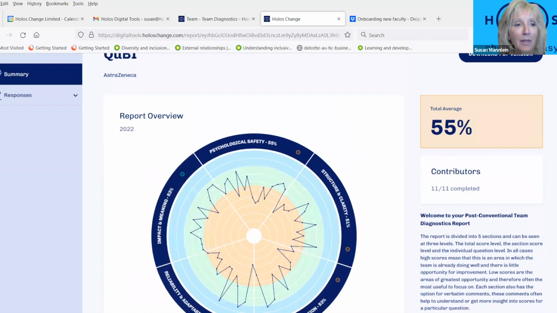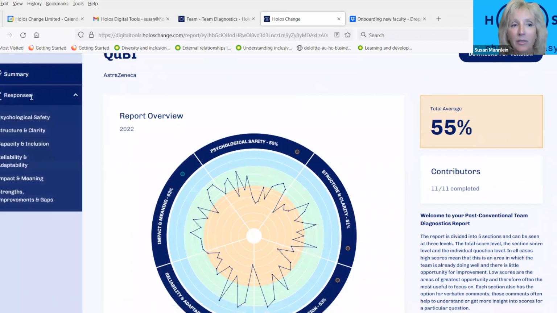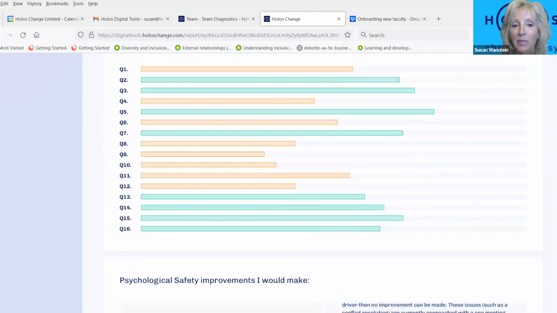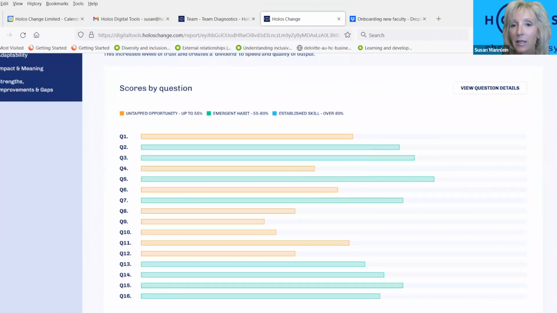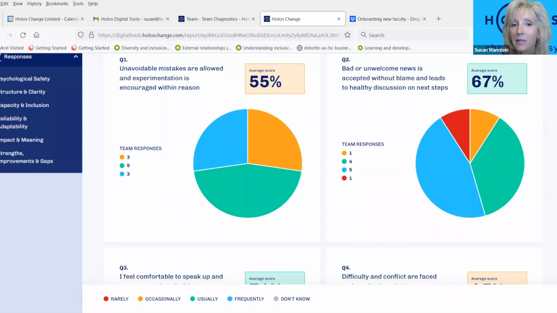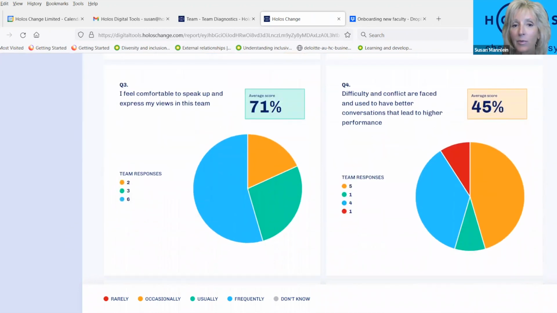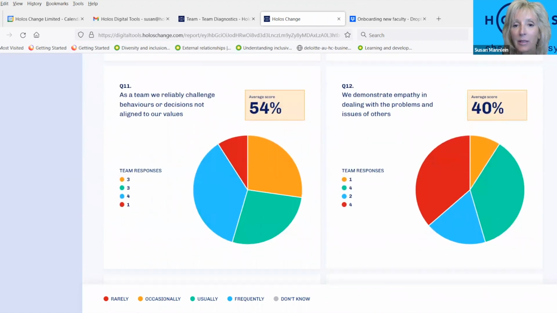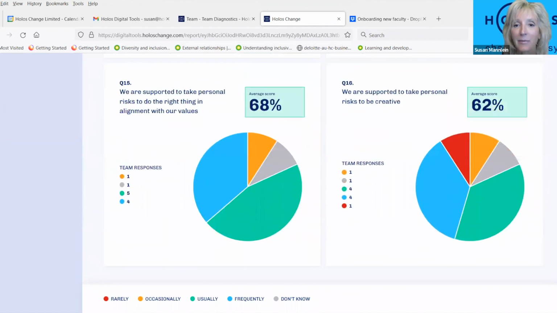And a couple things here in the report, just in terms of workability. In the drop down here, we see a bar chart, which gives some more detail. We have verbatim write-ins, of course, like any good psychometric would have. We have question detail that shows us the diversity of perspective among team members, which again helps to inform the story as well. And so there's a lot of great elements to this diagnostic, and it really helps to create a great dialogue among team members, from which then we hopefully work with them